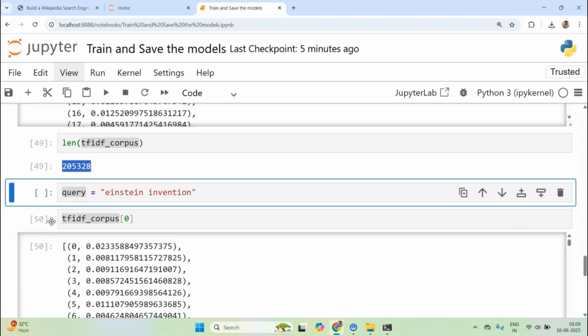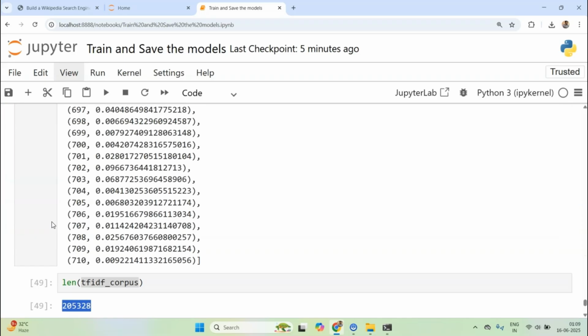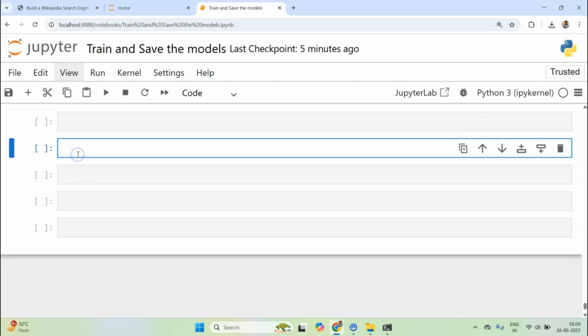Now, what is a similarity index? A similarity index is a term given by Gensim. It has this subpackage called similarities, which has different kinds of similarities. We will be looking at sparse matrix similarity. Let's run it. So we have got sparse.